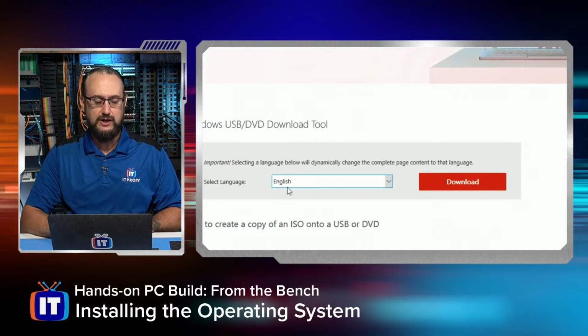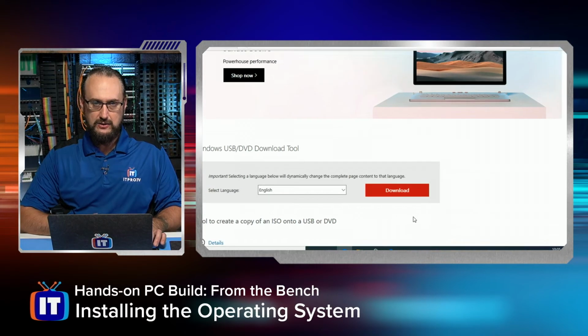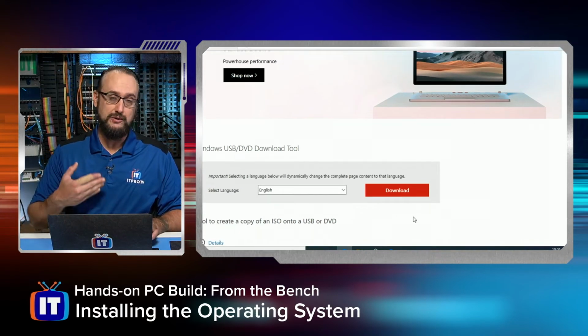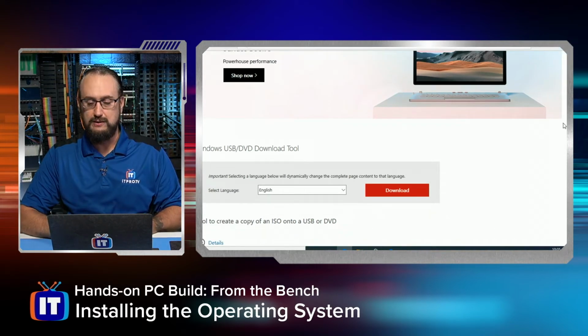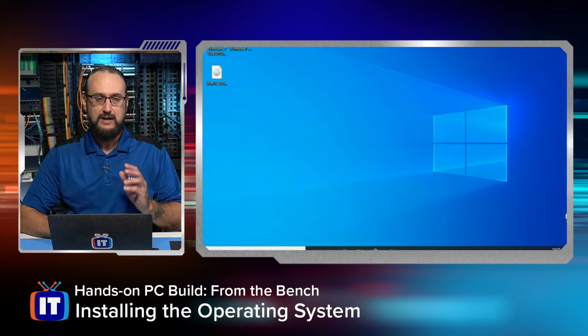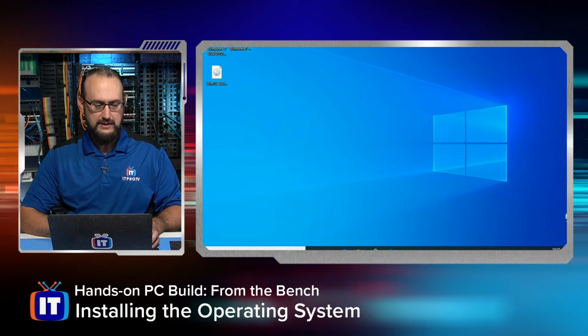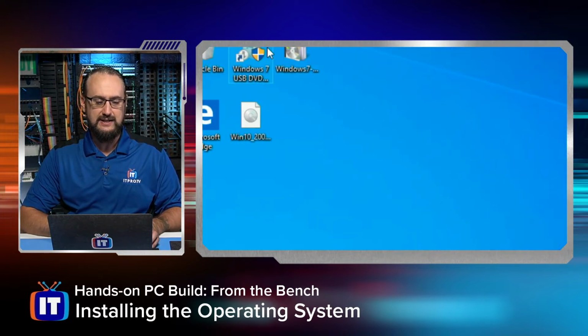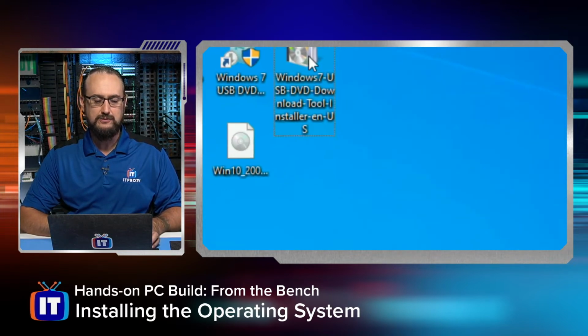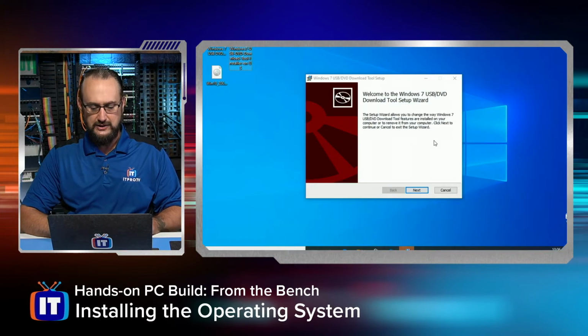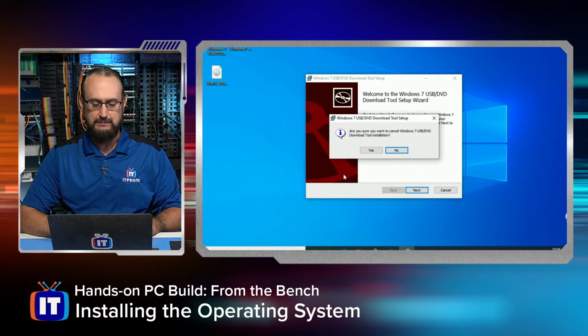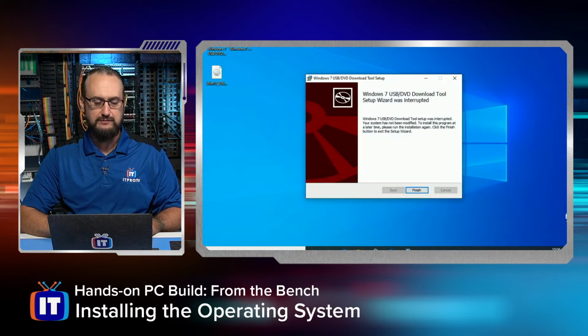You just choose what your language is going to be, and then you choose download, and you'll get a small file that you can then install. Now, I've already downloaded the file, and I've actually installed this software because it's a little wizard-driven installation, so it's very easy. And I know you all are a sharp crowd out there, so you'd have no problem with this. But here is the installer. I have it on my desktop here, and it's just simple. Double-click through it, and it starts the wizard, and you just click next, and you finish the installation. I'm going to go ahead and just cancel the installation for now.